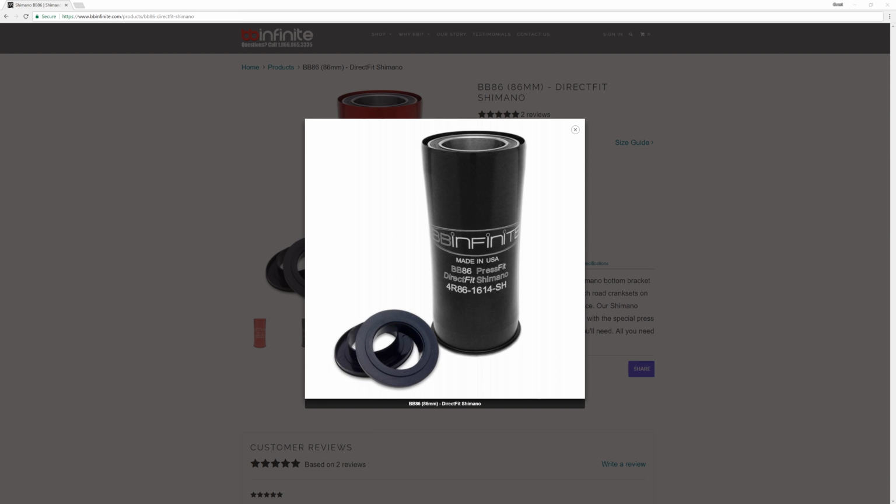This is the BB Infinite bottom bracket, and the reason why it's essentially not as stiff as a Hambini bottom bracket is to do with the bearing retention. On a BB Infinite bottom bracket, the bearing is not fully retained. The bearings are 7mm thick, and only about 5.5mm is restrained. There's 1.5 millimeters that's just open in free air,